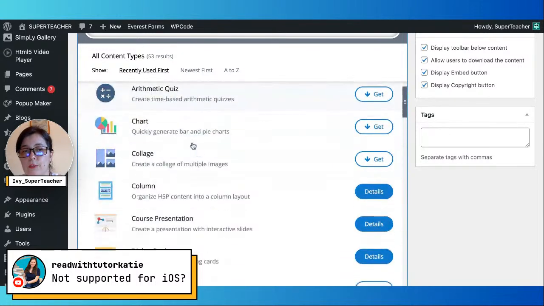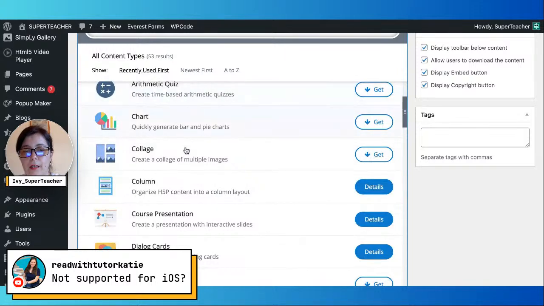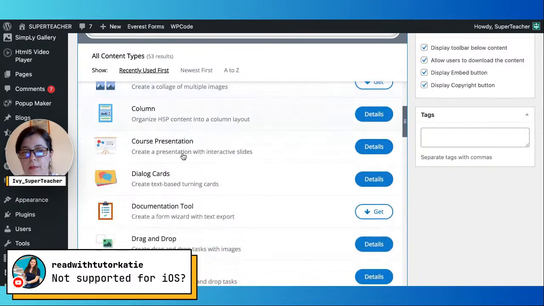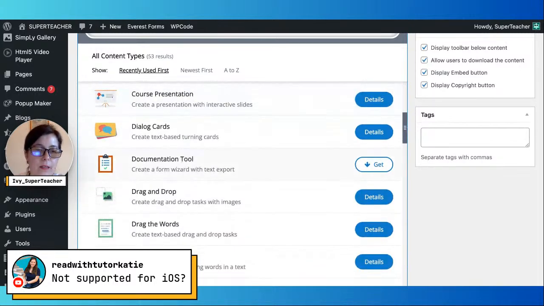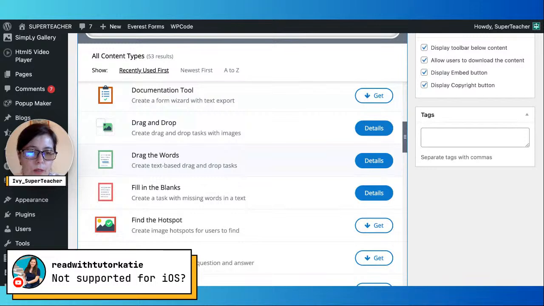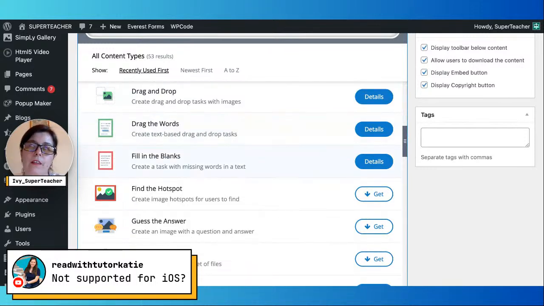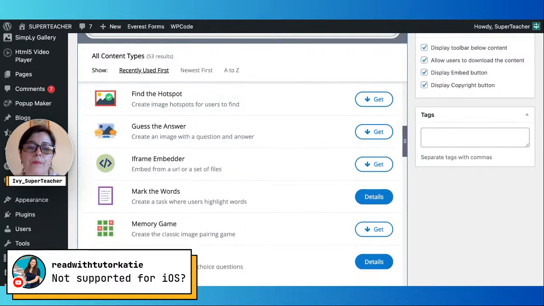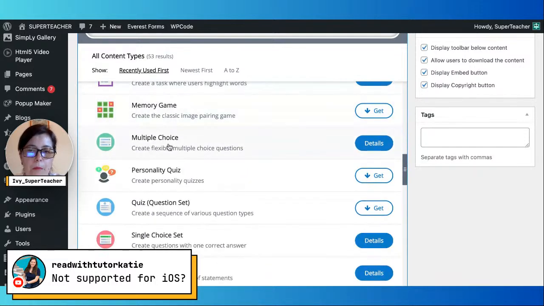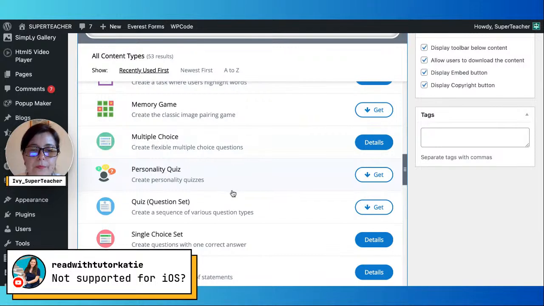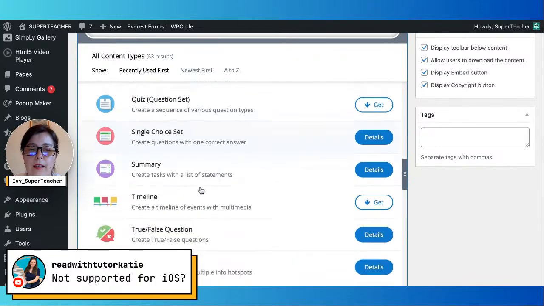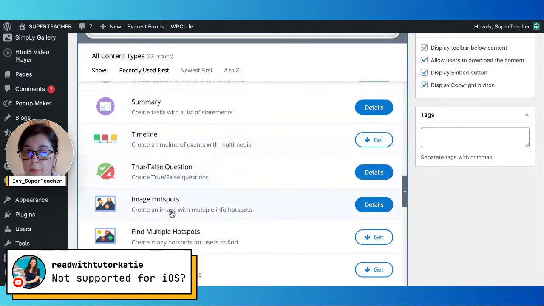There are some math tools like arithmetic quiz, chart. There's even a collage option, columns. So let me know in the comments, is there anything specific you would like us to create, or I would just pick one randomly? Maybe the interactive book, because I love how comprehensive it is. Memory game, multiple choice. So these are just single activities, but within some of the tools like slide creator and interactive books, images and videos, you can combine them. Quiz, single choice set, summary, timeline, true false questions,